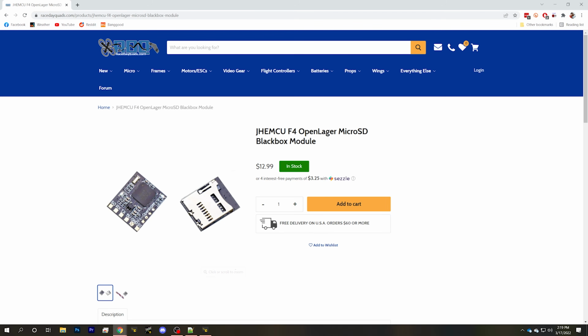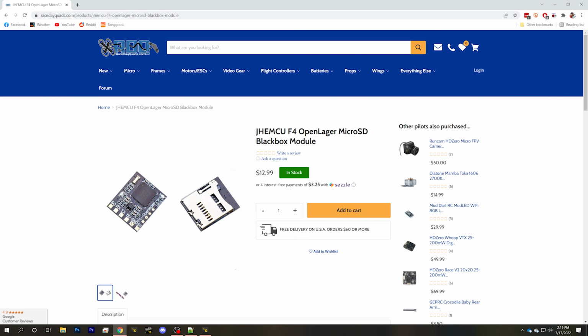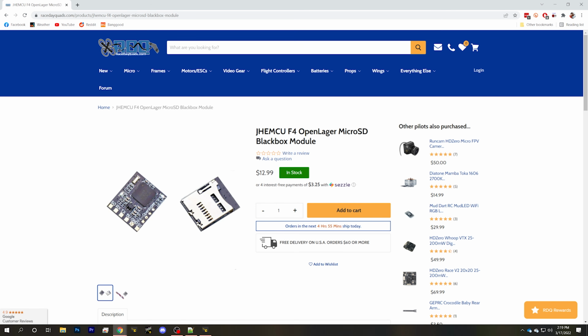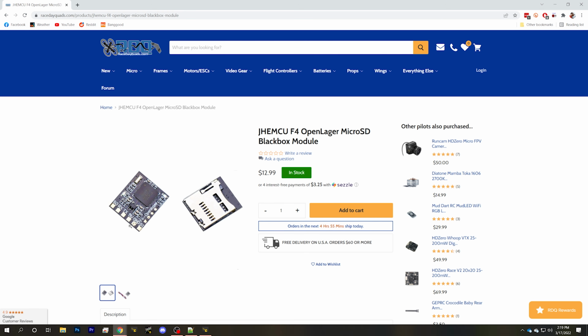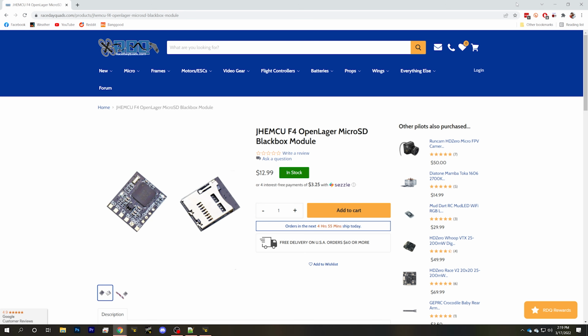Some flight controllers have a built-in data flash chip that records that data. Some flight controllers have an SD card slot on board, and you put an SD card in them to record that data. And then if you don't have one of those on your flight controller, you can actually buy a standalone Blackbox recording module that you wire up to a UART on your flight controller, and then you can record